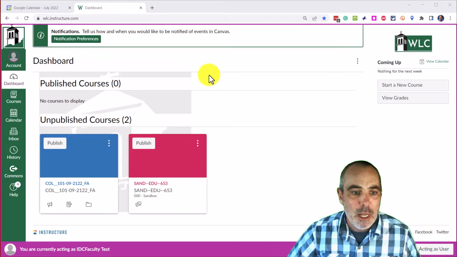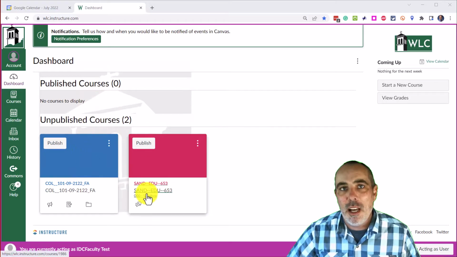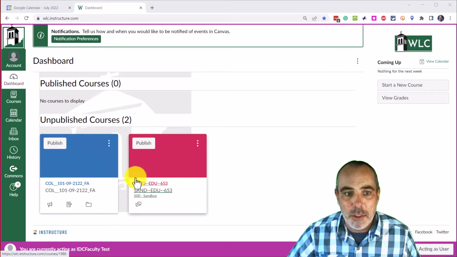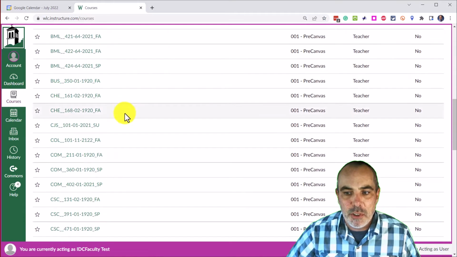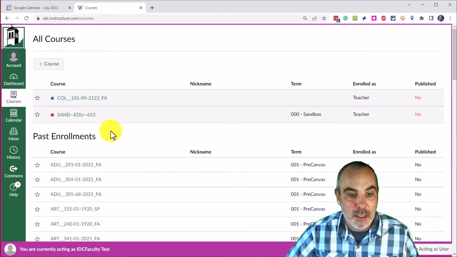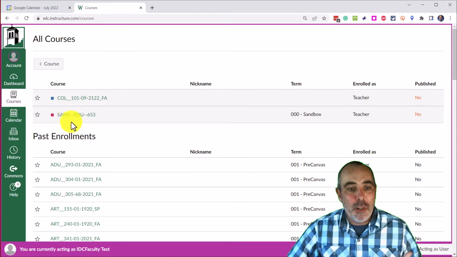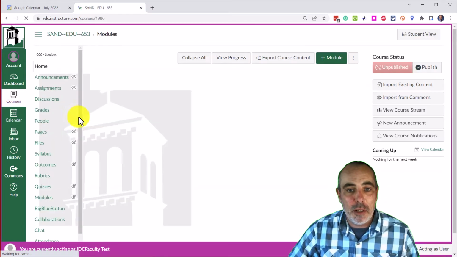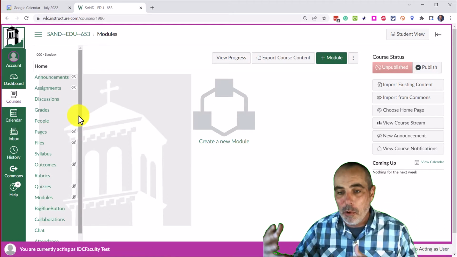The way this works is right now I'm in my dashboard, and I want to remind you that your dashboard does not necessarily show all of your courses. There is a menu on the left for all courses that will show you every course that you have access to. So this Canvas test user has access to a lot of courses that are not mine. But I'm going to show, as an example, going into one of my blank courses. Maybe this is a sandbox that I want to import things into and play around with,